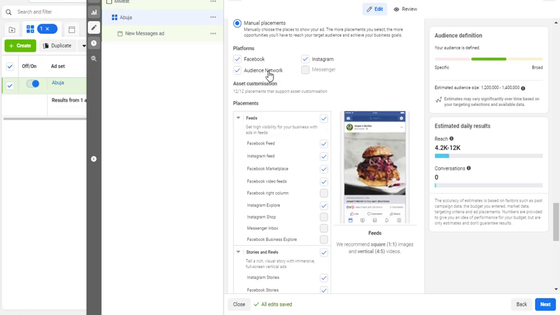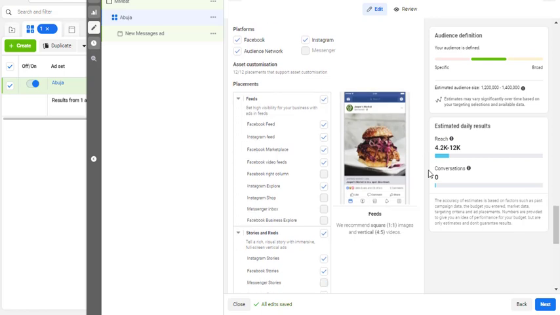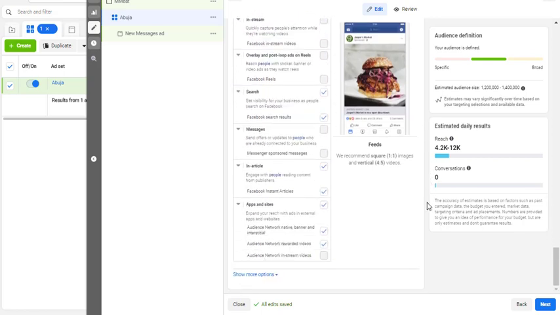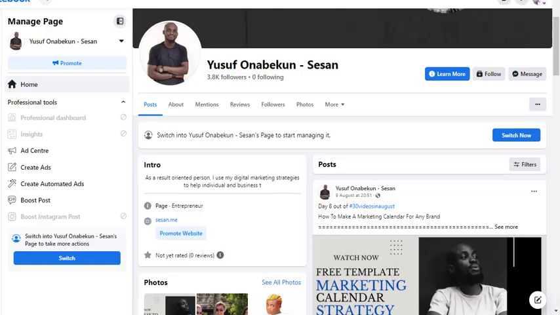Next, audience network. This means that sometimes when you're browsing on your phone and you want to download an app, those small adverts that show up for you and the likes are examples of audience network that Facebook is referring to, which are platforms that are not Facebook's but they can easily get across to people. Most times people say it converts for them, other times people say it doesn't convert. Like I've been saying earlier, it depends on what you are selling. So meat is a general thing that people want to buy, so I'm using meat as a test run example for you. So we've gotten what we want. The next thing now is